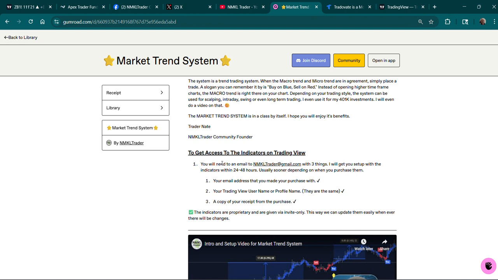Once you get a TradingView account, you will need to email me at NMKLTrader@gmail.com with three things. I will get you set up with these indicators within 24 to 48 hours, usually sooner if I'm sitting there on my phone and have the opportunity.